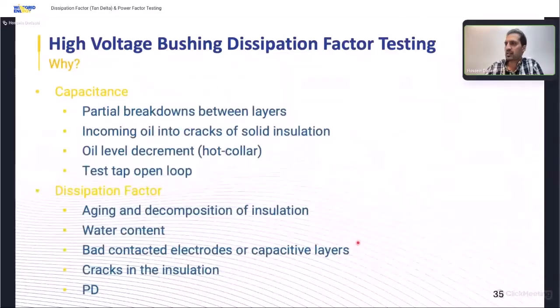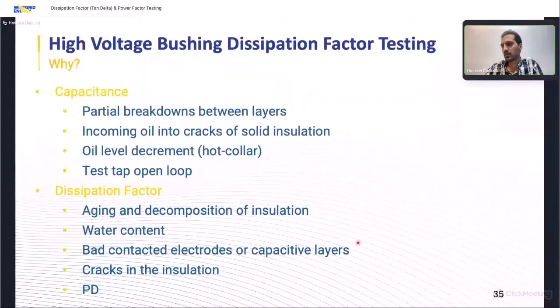So why do we measure capacitance in high voltage bushings? Because it shows us partial breakdowns inside of the layer bushings, and incoming of the oil into the cracks of solid insulation, especially for RIP, RIS, or RIF bushings. Oil level decrement we can find easily by hot collar test. Also, if our test tap has an open loop or it's grounded from inside of the bushing, we can easily find it by